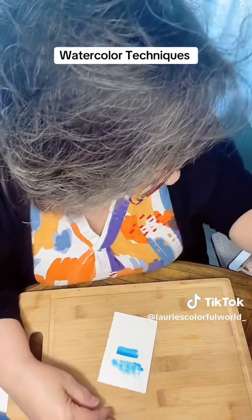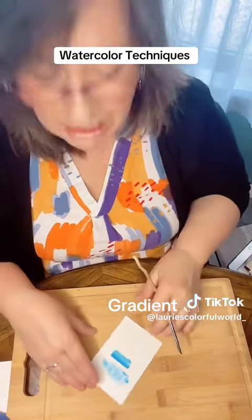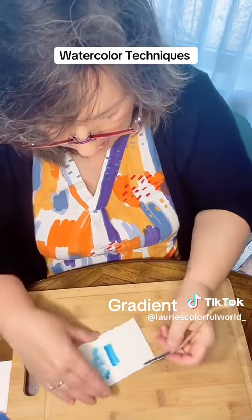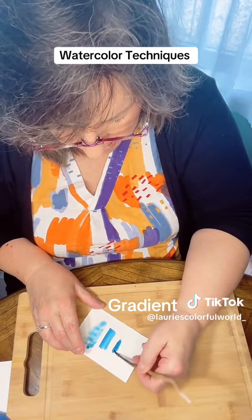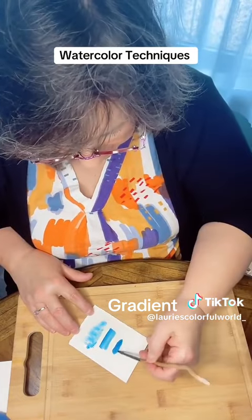And then there's also called the gradient, where you would take your watercolor, just like we were doing the wet on dry, but you would paint, so I can show you. You do your first layer, and then you dip your brush into your water, give it a tap. You can hear my taps. And then,